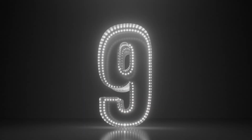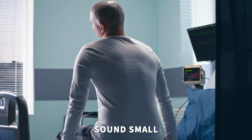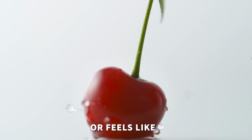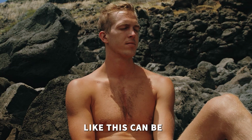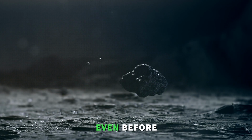Sign number 9. A sudden change in how one testicle hangs. This might sound small, but position and symmetry matter. If one testicle suddenly hangs much lower than the other, or feels like it's being pulled down, it could signal a change in weight or internal mass. Subtle shifts like this can be one of the earliest signs that something is developing, even before any lump is